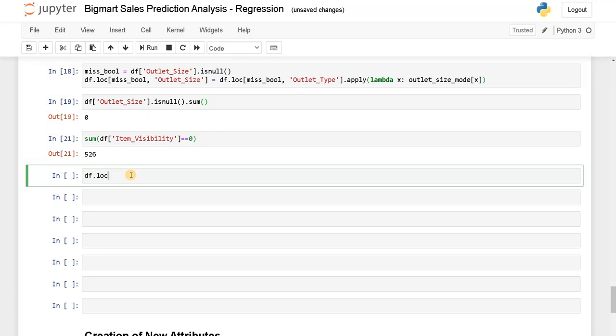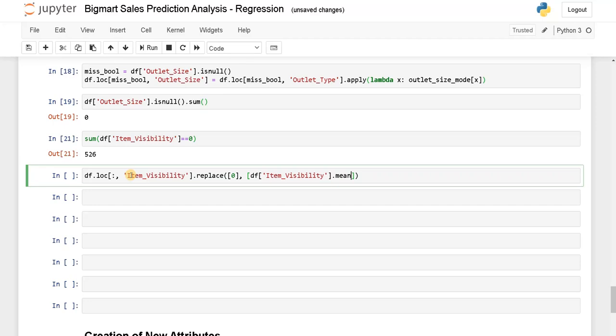df dot loc of colon, it means all the rows, item visibility dot replace zeros with the mean value, that is df of item visibility dot mean.